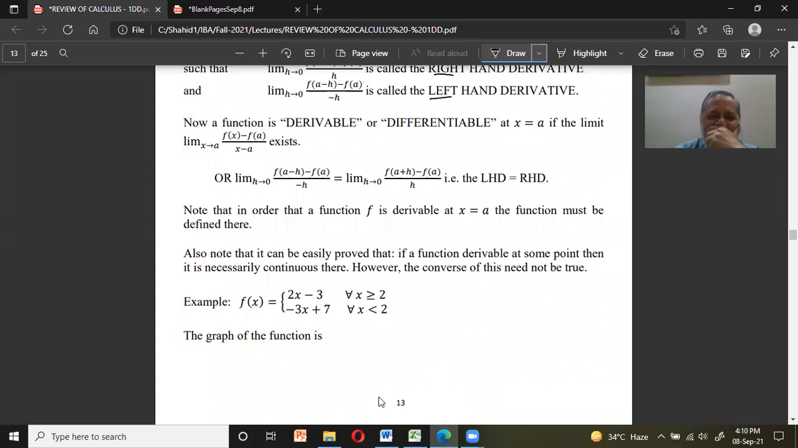If this limit exists, and existence of this limit means left hand side से निकालो limit या right hand side से निकालो limit, that means left hand derivative or right hand derivative दोनों बराबर हो, then we say the function is derivable or differentiable at x is equal to a. To demonstrate the idea using an example,